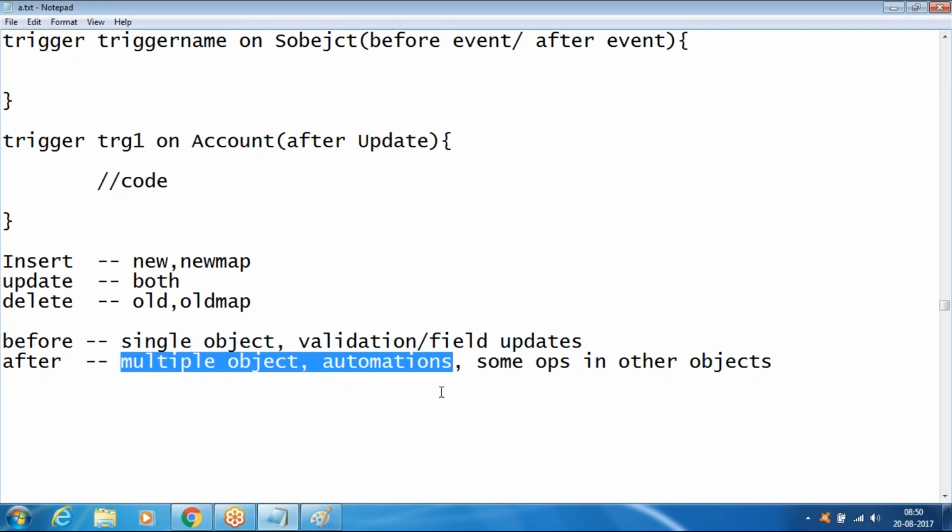That is nothing but the automations, like doing some operations in other objects. We can involve multiple objects in the after trigger. So you have to decide whether your requirement is suitable for a before trigger or an after trigger,